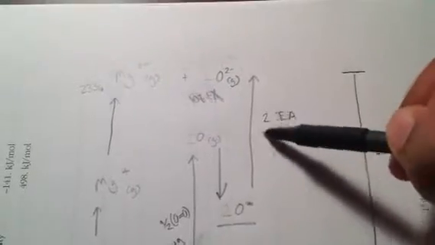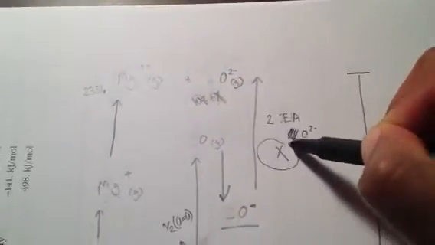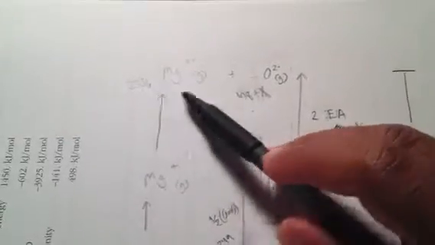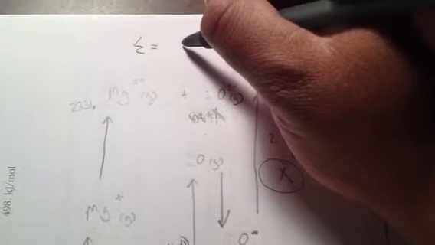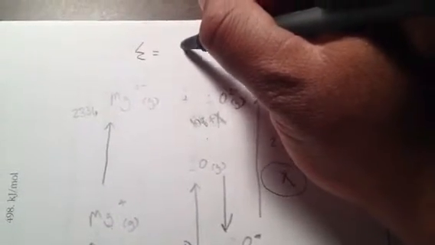And then we do our second electron affinity. This 2 shouldn't be here. Now we have O2 minus gas, and that's our X, our unknown. This is what we're trying to solve for. If we add all that up together on this side, we get 108 plus X, and that's the X we're trying to figure out. In total, the sum of our steps from this standard state to this gaseous state is equal to, I think I worked it out, X plus